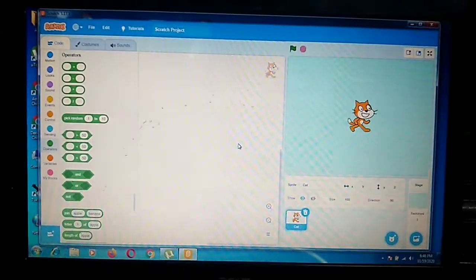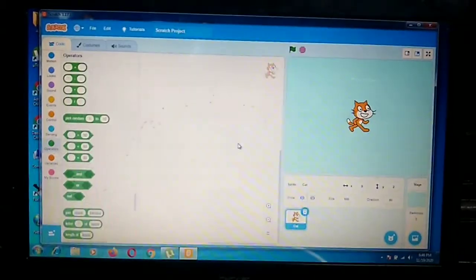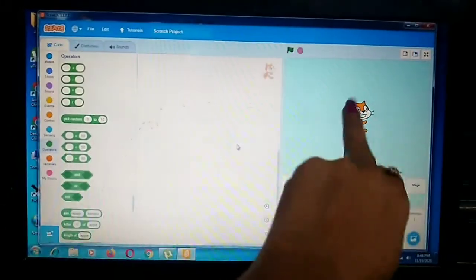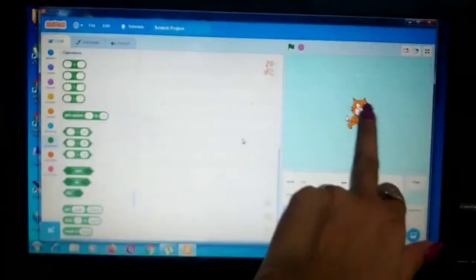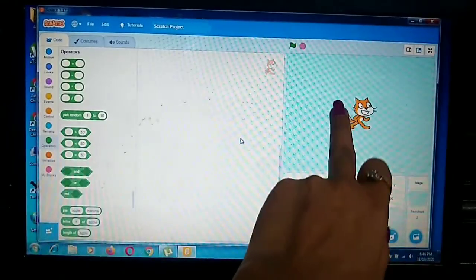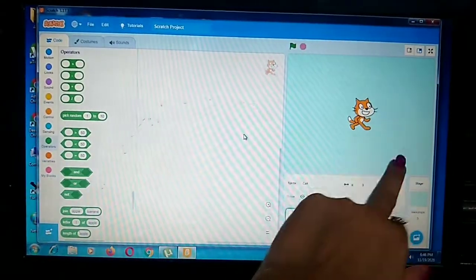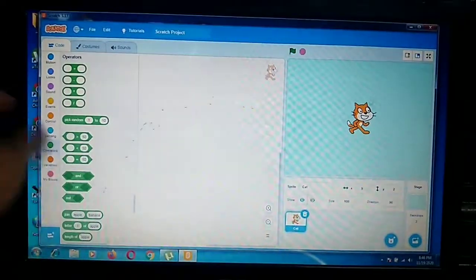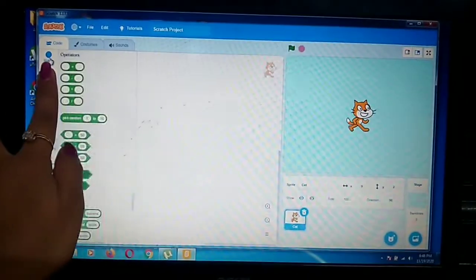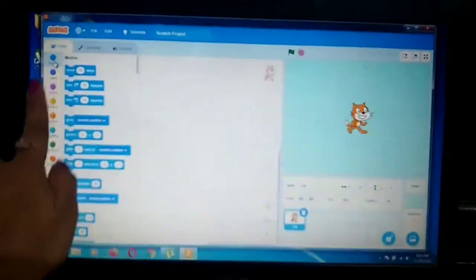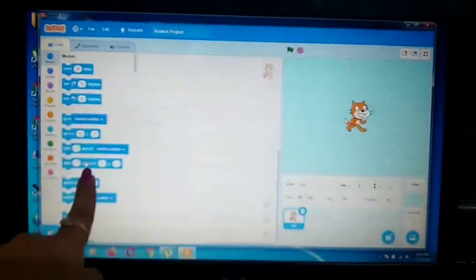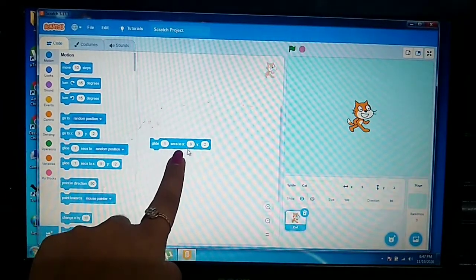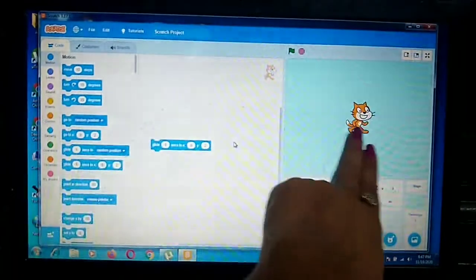You can see page number 95. Now I am going to tell you changing location randomly. Now how will you change the location of the sprite randomly? Means your sprite is here. Now changing location means it will move here, here, here, like this randomly it will move. Now how will you do that? For that you have to go to the motion block. This motion block is used for movement. In the motion block you will choose this block, glide, this second x and y. X and y show the position of the sprite.